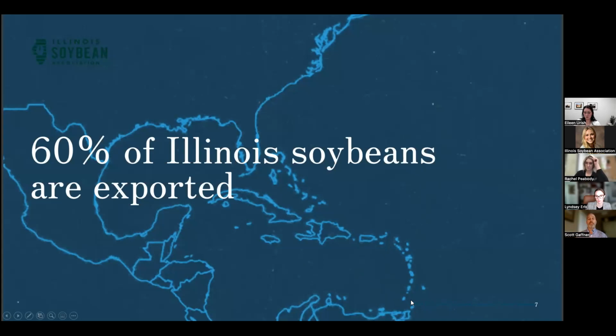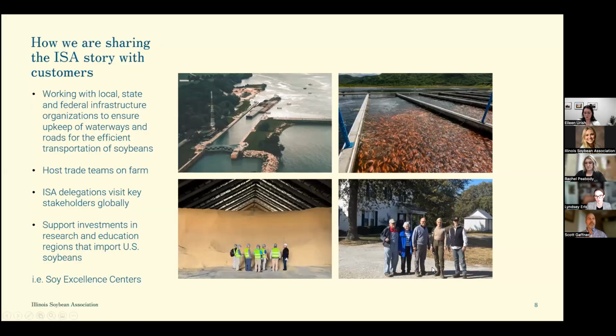So we're excited to be able to continue to explore that ability. And then on the next slide, Eileen. And so this right on the slide, it shows some of the locations and the things that we've been able to do. I talked about our infrastructure, I talked about our waterways, and I talked about how important that is. And so within the Illinois Soybean Association, one of the ways that we are helping promote these things